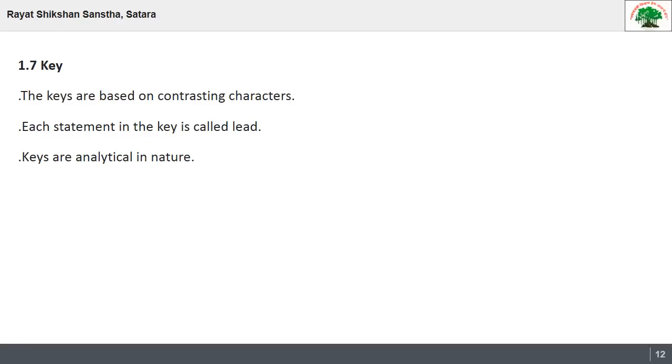Keys are used to identify different species. So what exactly does a key mean? A key will usually ask questions which are based on easily identifiable features of an organism. So a taxonomic key is one of the most important and useful tools available to scientists trying to